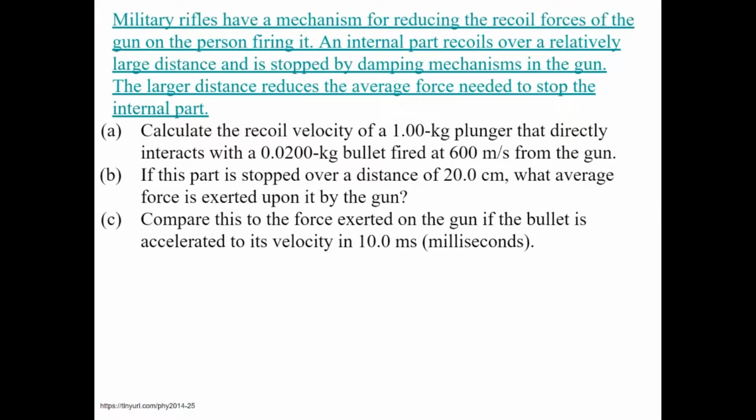It says military rifles have a mechanism for reducing the recoil forces of the gun on the person firing it. An internal part recoils over a relatively large distance that is stopped by a damping mechanism in the gun. The larger distance reduces the average force needed to stop the internal part. So what happens is